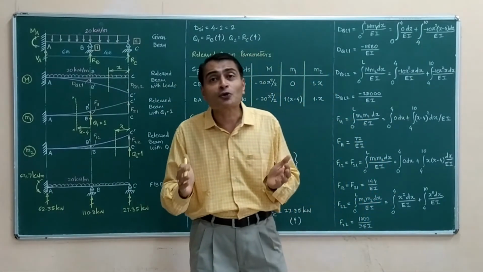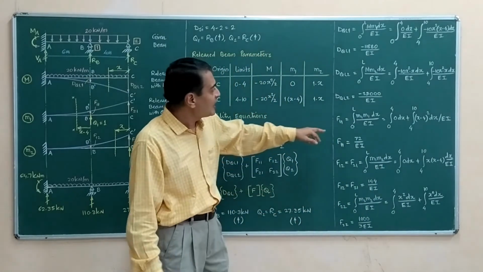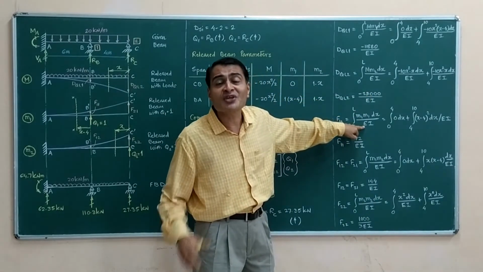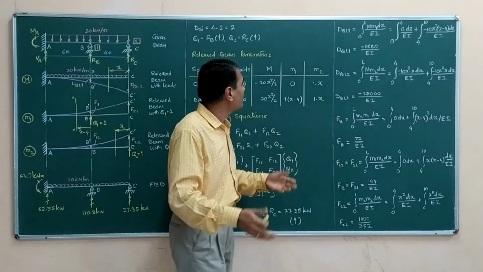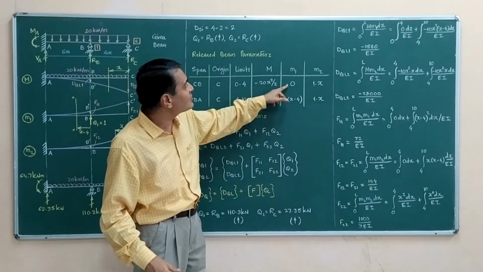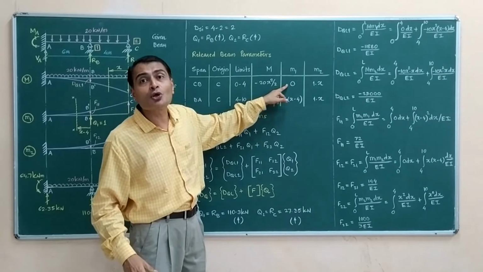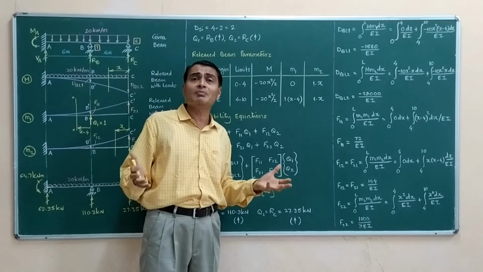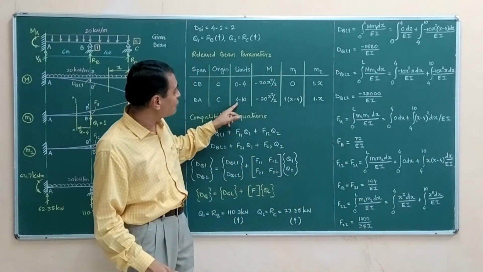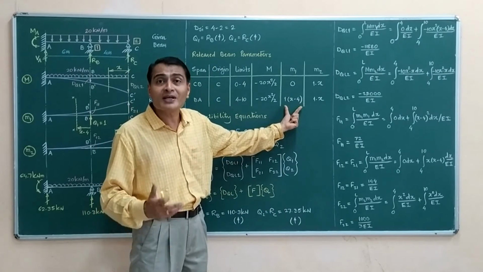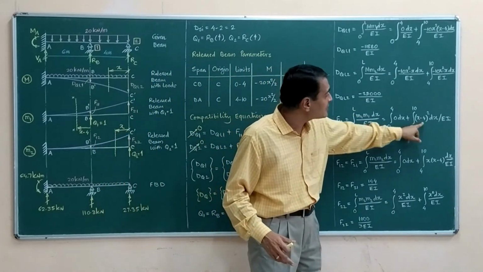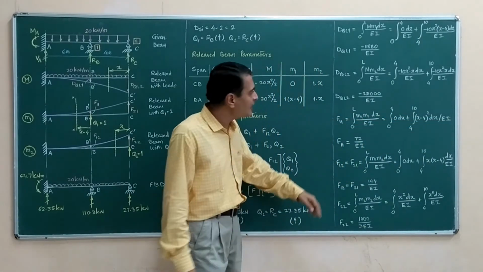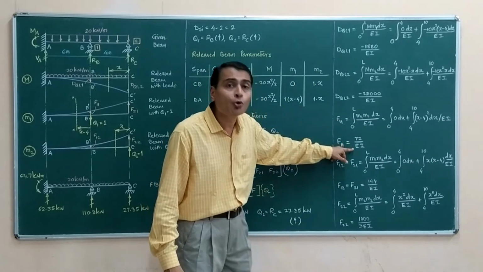Then I go ahead with calculation of flexibility coefficients. F11 is integral M1 squared dx over EI. So simple. I have M1 here for both the spans. My first integration is integral 0 dx between 0 and 4 limits. That is anyway vanishing, that is giving me 0. The second integration is integral 4 to 10 of x minus 4 into x minus 4. That is what I have written here as x minus 4 bracket square dx over EI. Please calculate carefully. I am getting F11 as 72 over EI.